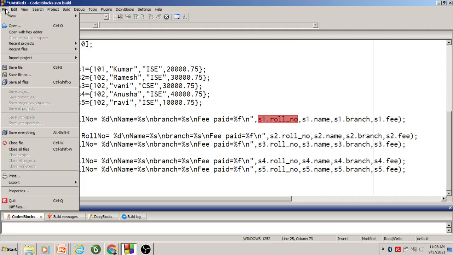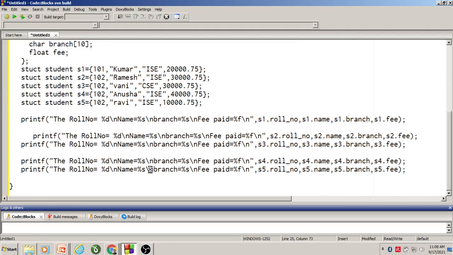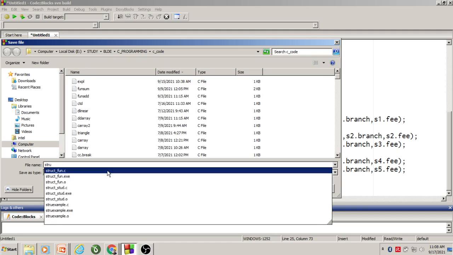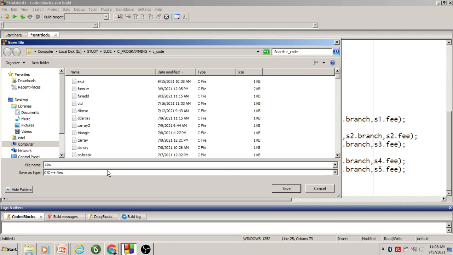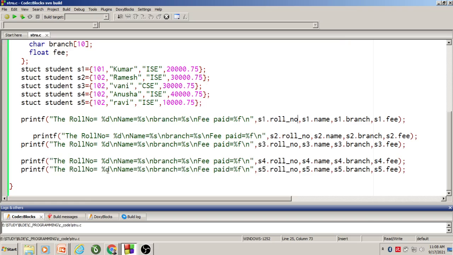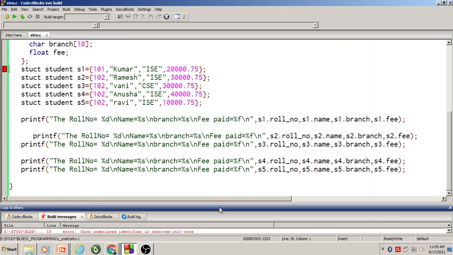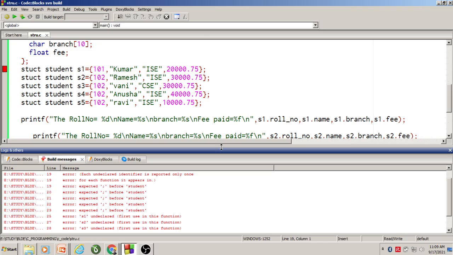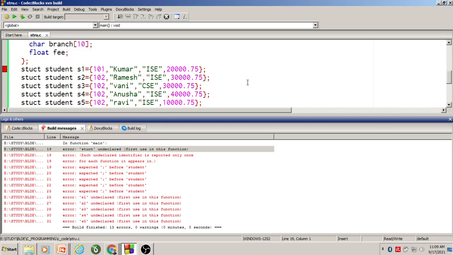So let me save this file, dot c. Let me compile. Yes, we got some errors. We will remove them, no issue. Expected semicolon before student. Which line number is it?